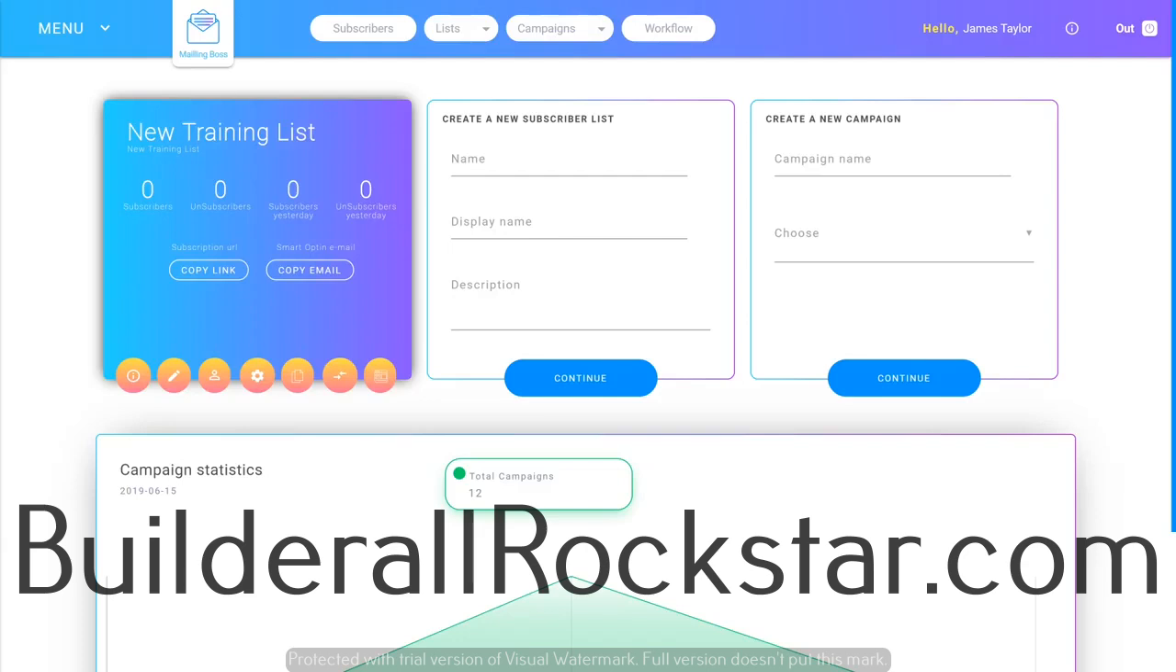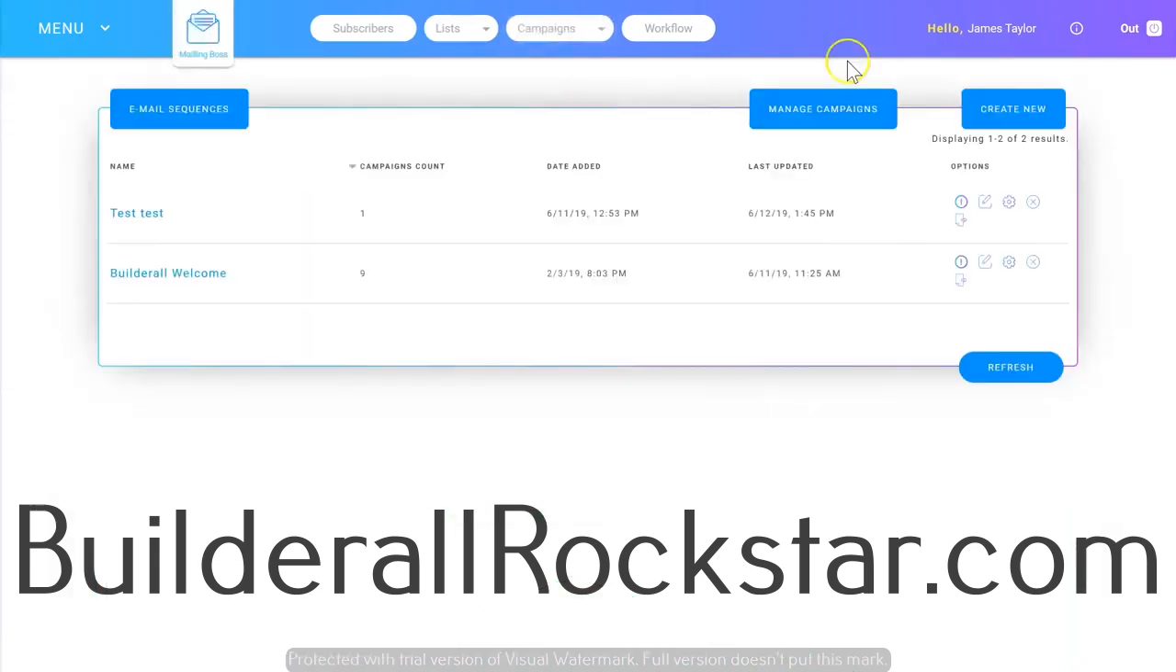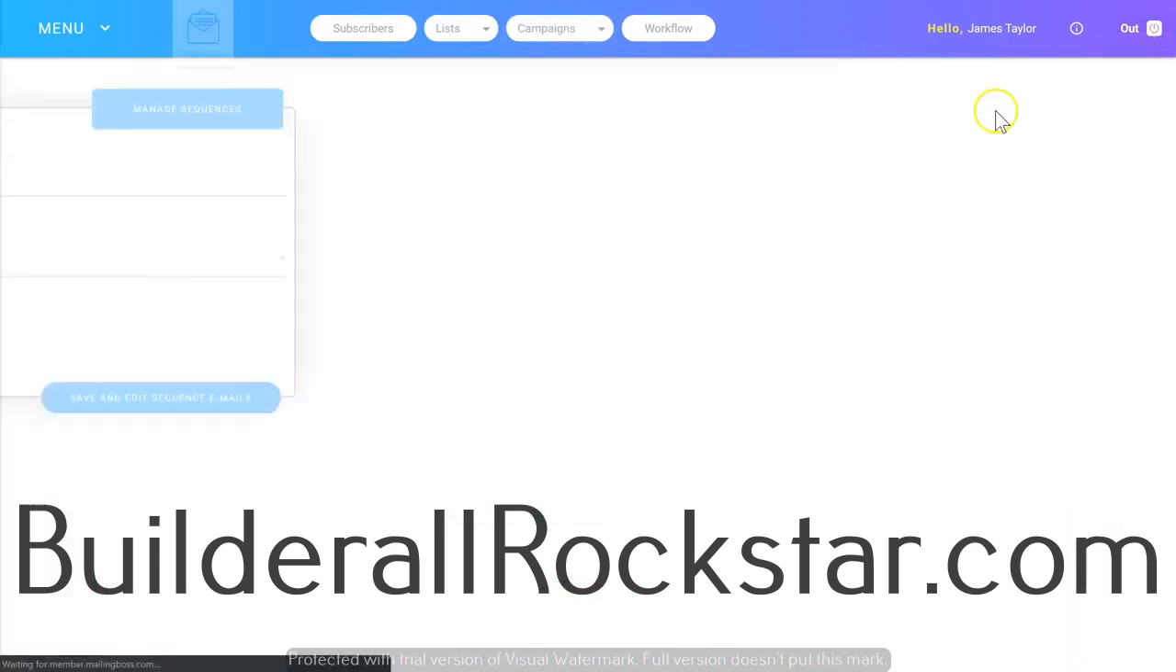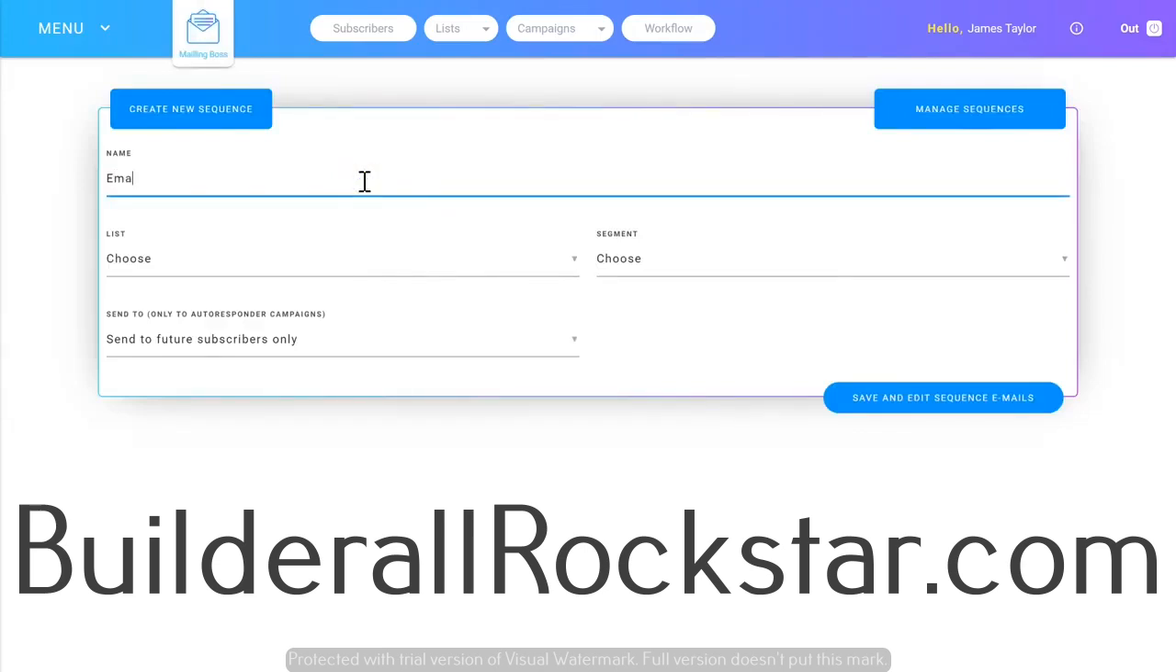To start our email sequences, we're going to go into campaigns and then email sequence, and then create a new sequence, and then we need to name our sequence, choose a list that our sequence is going to be sent out to,